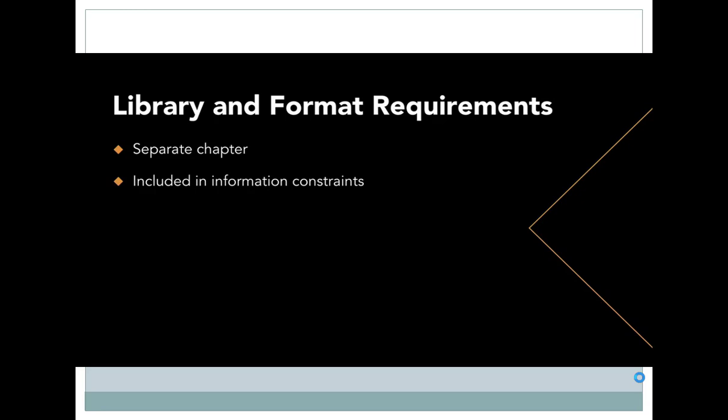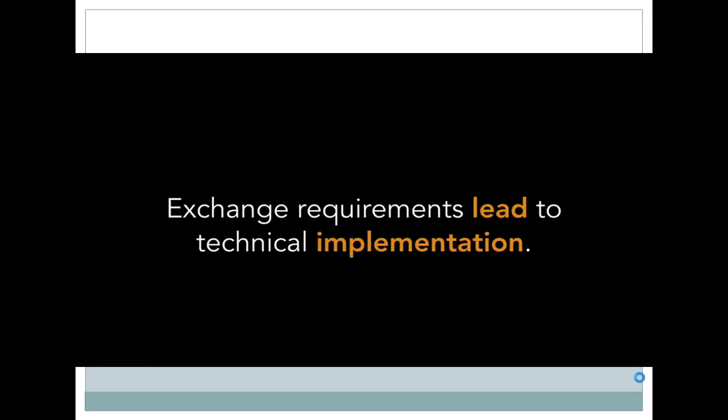Library and format requirements can have their own chapter or be included in the information constraints themselves. The exchange requirements can also lead to a technical implementation.